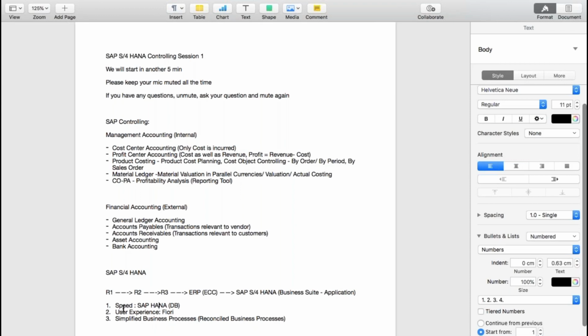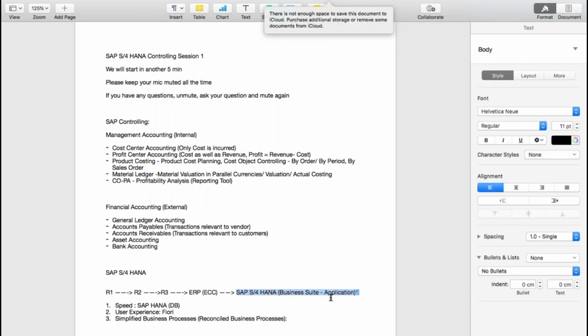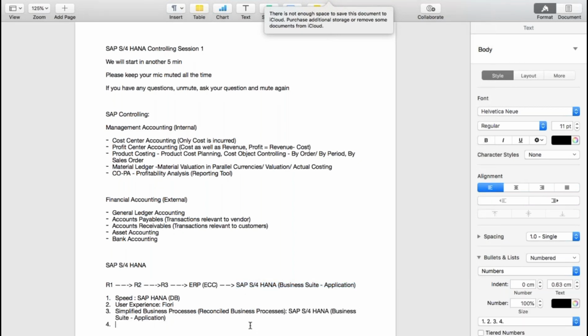With HANA you are getting speed, with Fiori you are getting better user experience. Now how are you getting simplified business processes? You get them because of this new business suite. The business processes are simplified in the business suite directly. The core system in SAP S4 HANA is called SAP S4 HANA Enterprise Management, and using this component you can simplify your business processes.